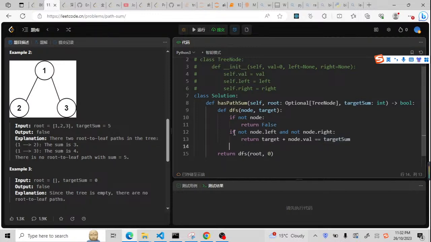Now we are going to check all the other conditions. So what about if node.left and node.right? What about if we don't have the left node? We only have the right node. So what are we gonna do? We just need to